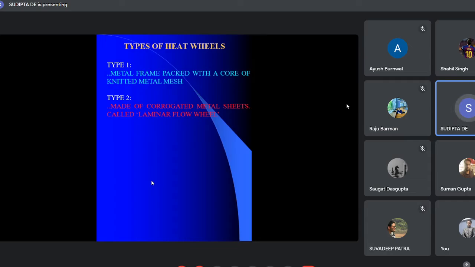Type 2 is better with respect to dust loading, as it is a through passage, so dust loading is less here, because metal mesh is a zigzag path, so dust loading automatically will be higher, but this is a through passage. So type 2 is better with respect to dust loading,